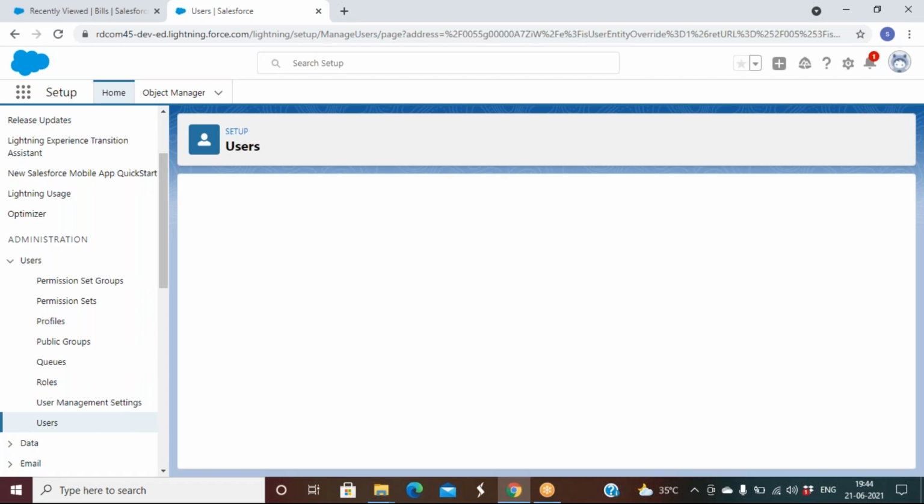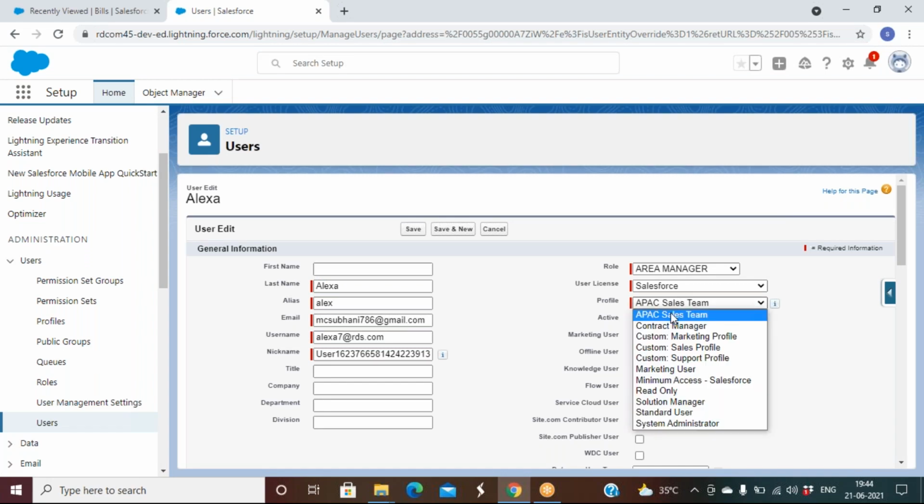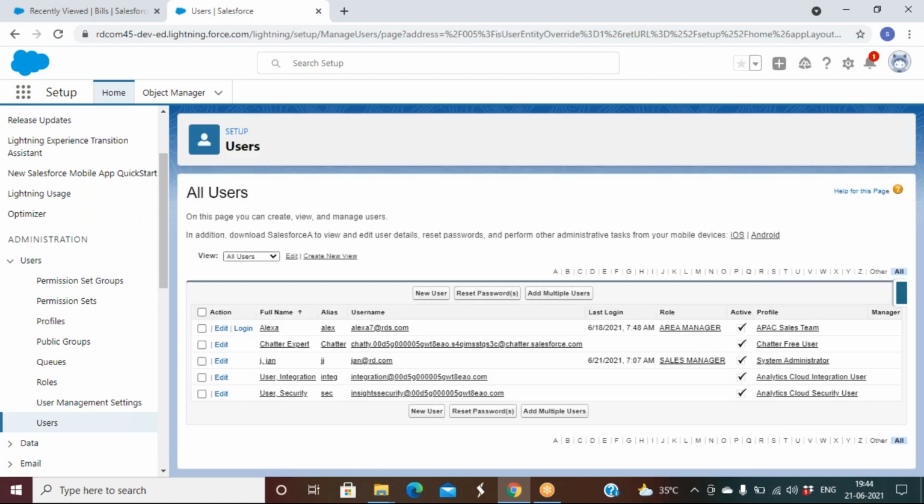We edited the user. The profile we selected was Apex Sales Team. After that, we opened one more browser and there we logged in as Alexa.